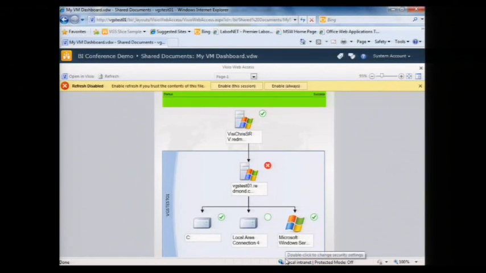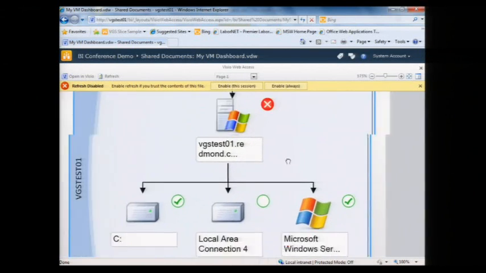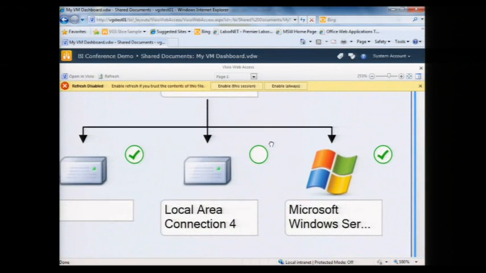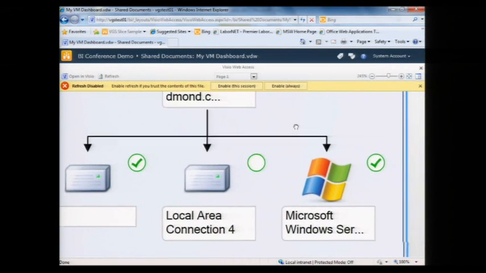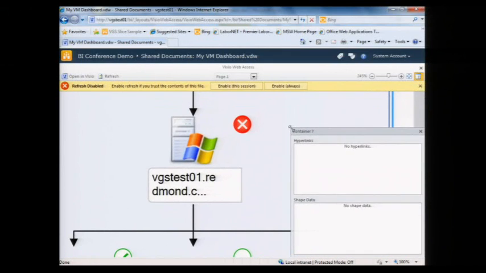And there's our dashboard, right? And it's being displayed using Silverlight in this particular case. And again, we can navigate the diagram. Any of the hyperlinks work. All the data is there, like you saw in the first demonstration. So we can select a shape, and we can see all that SCOM data that's behind that shape